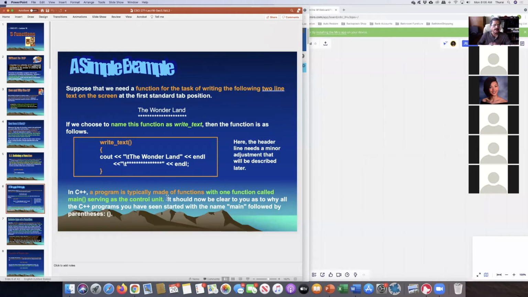Okay, so here's a simple example. I want to write a function that will write the text, which is this, a title basically, the Wonderland, and then underline it with asterisk. This is what I want to do. But I want to write a function that'll do it. Okay, then you write